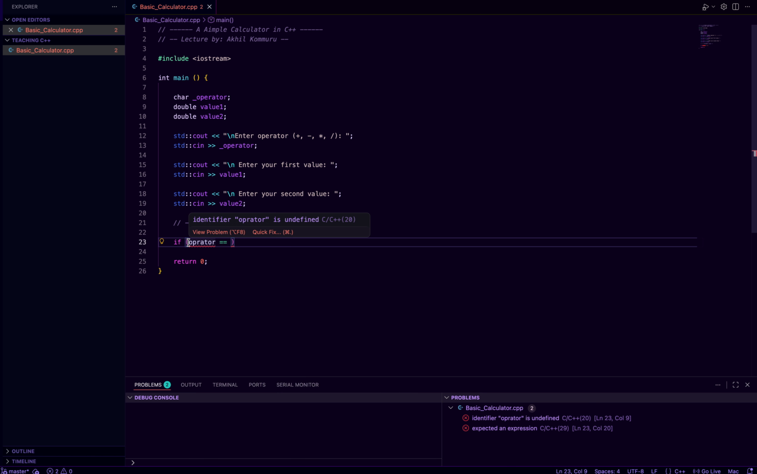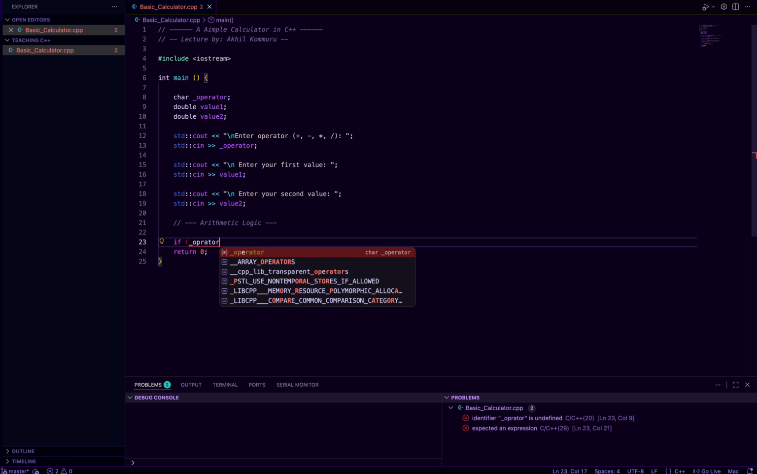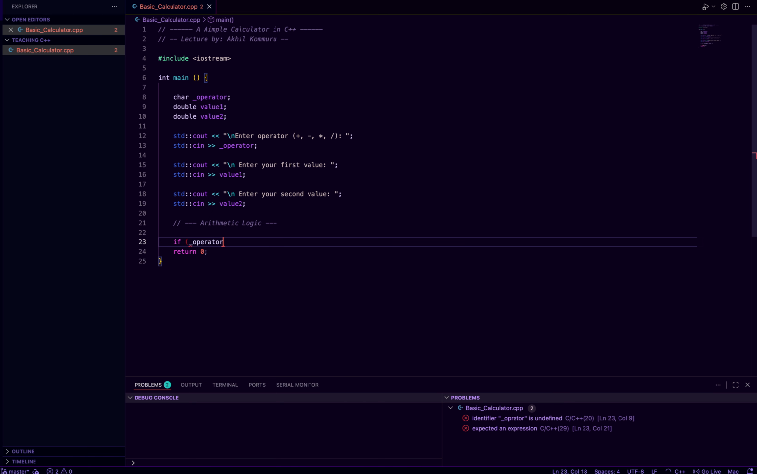So I'm just putting an underscore here in front of the variables, because it looks like operator is in fact a reserved keyword in C++, and you cannot name your variables with reserved keywords. So here we'll say if the operator is addition, we will simply